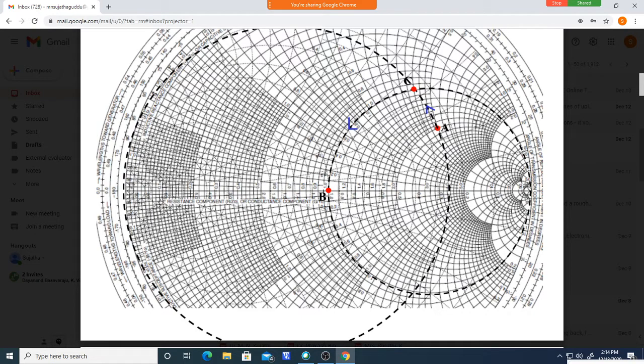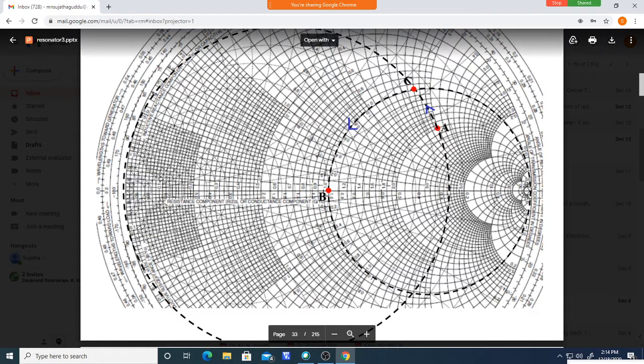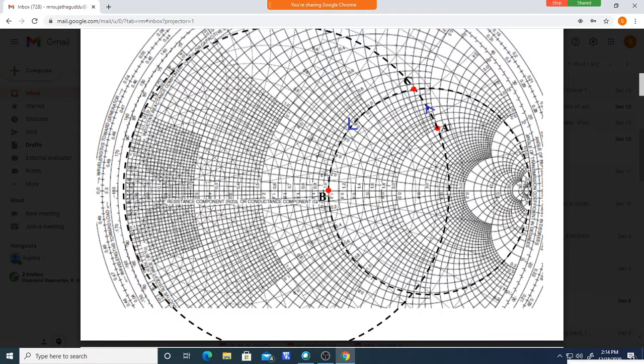See, this is the resistance circle, or conductance circle, passing through that point. This is the point you should see first: the conductance circle passing and the resistance circle passing. You should think about which circle you should move on from here, either to move over a conductance circle like this, or to move over a resistance circle.